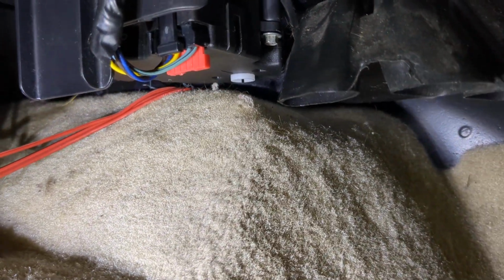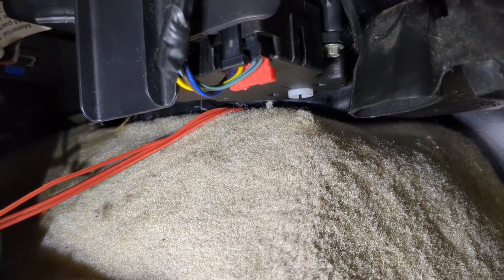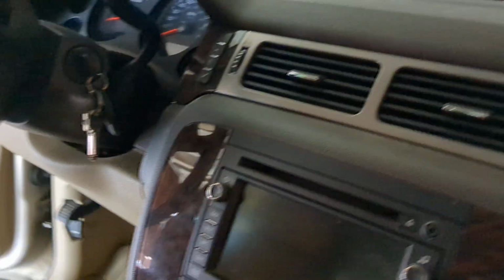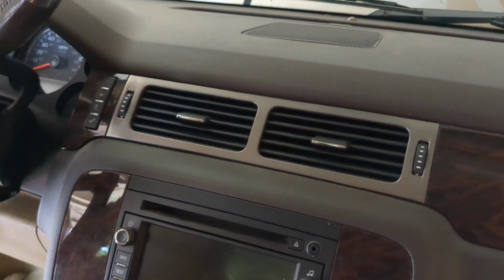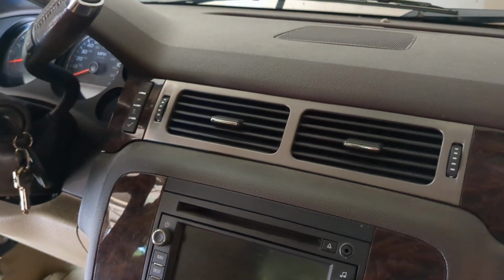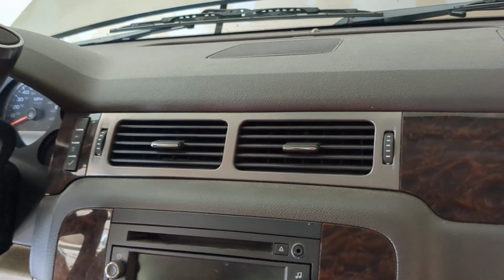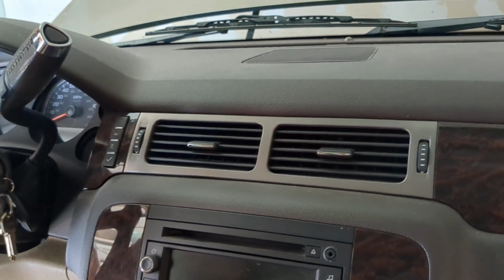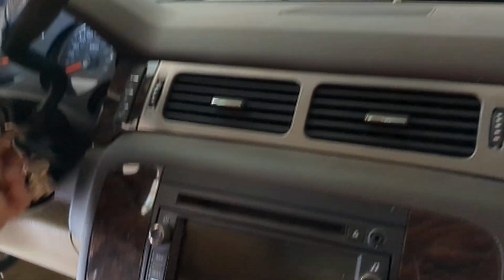So we replaced that, and I turned the car back on, and it worked fine, or it seemed to work fine. It was blowing cold air out of that vent, which made me think that it was working fine. In the process of doing that, I did the blend door actuator reset process, which is you pull some fuses, you wait a couple seconds, you put the fuses back in, start the car up, and the